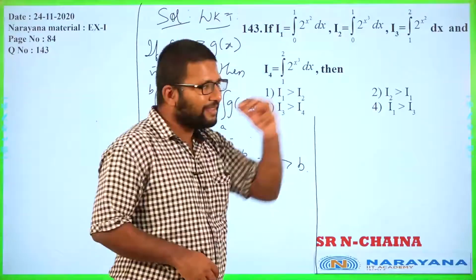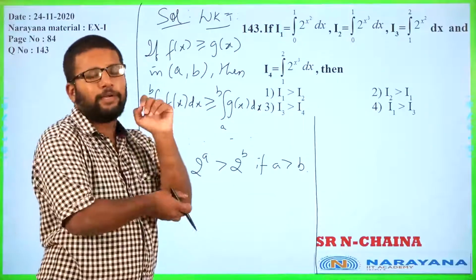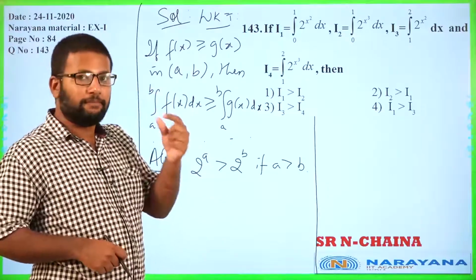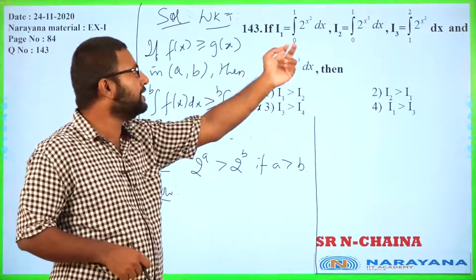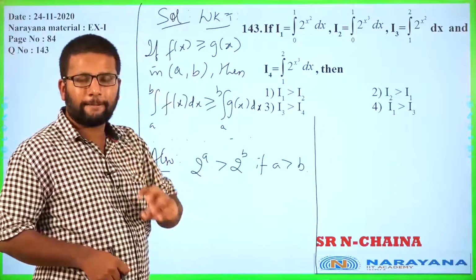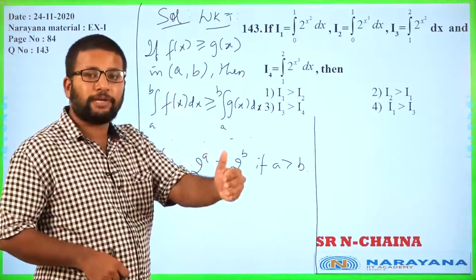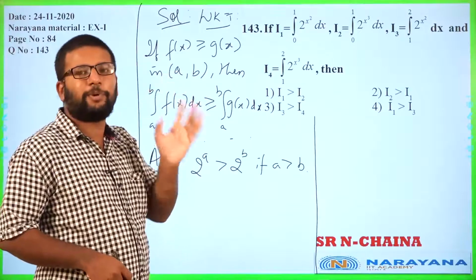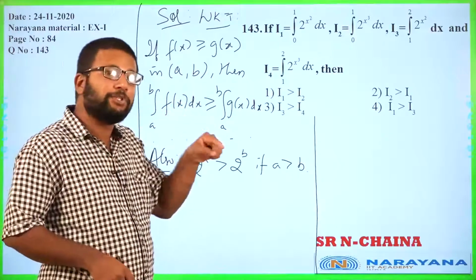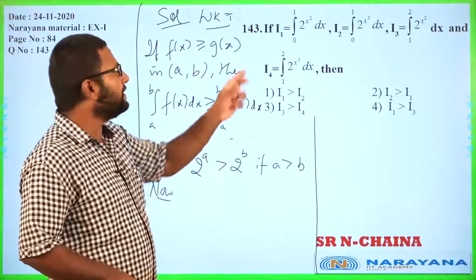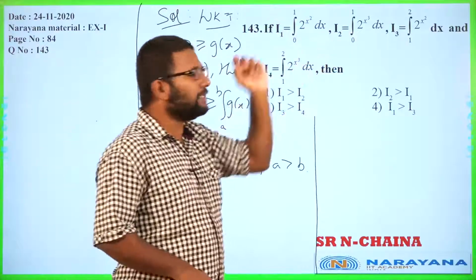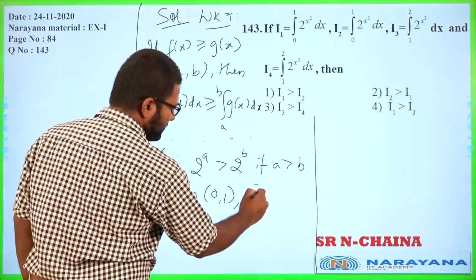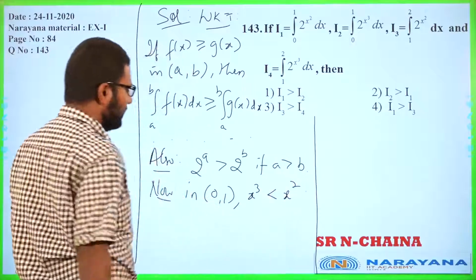So now a couple of observations. Within 0 to 1, is x square bigger or x cube bigger? Now often students get confused here, because we normally think that cube should be bigger than square, but when the number is a fraction, like in this 0 to 1, think of 0.5. 0.5 square is 0.25. Square that, it will be further smaller, or think of 0.1, that is a better example. 0.1 square will be 0.01, cube will be 0.001, and so on, right? So whenever a number is between 0 and 1, cube is smaller than the square. So we will say that in 0 to 1, x cube is less than x square.